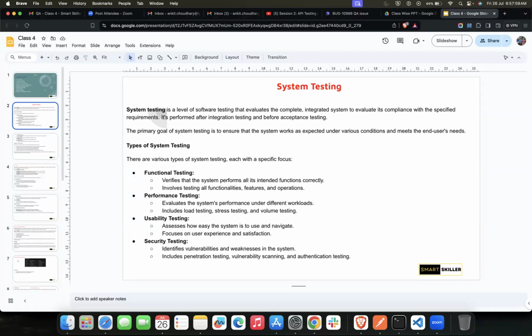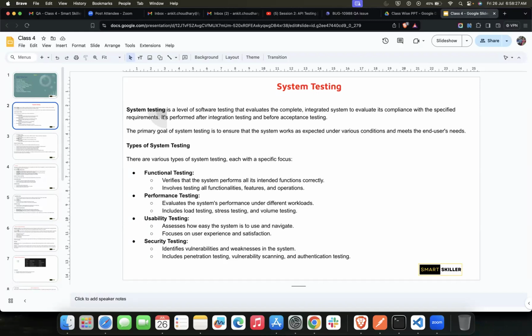Come on, guys. I think I explained system testing yesterday. Am I correct? So try to recall that, anything that comes to your mind. Even if you want, you can just read the definition and try to explain it to me. There's no problem with that. Anything, please go ahead and start.